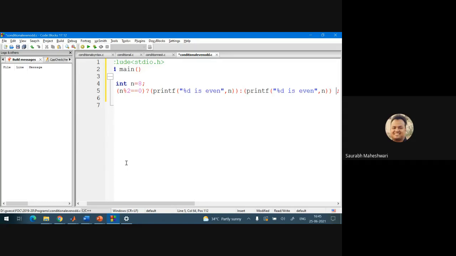The else part would be when the statement is false, meaning modulus does not give you 0. It means %d is odd, and %d is n. Let us try to run this program.